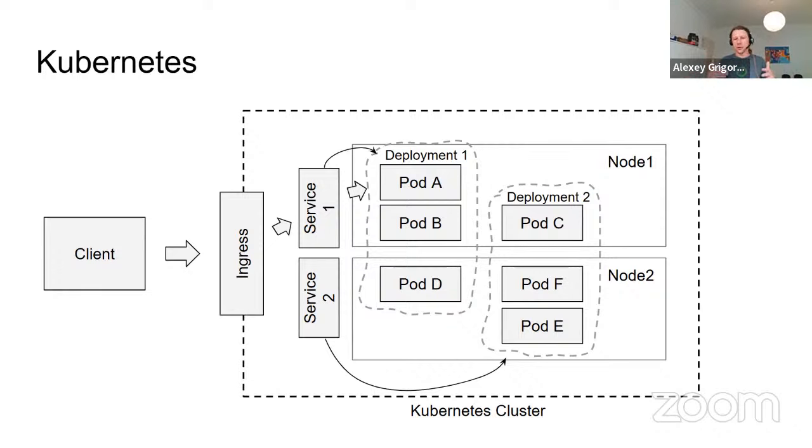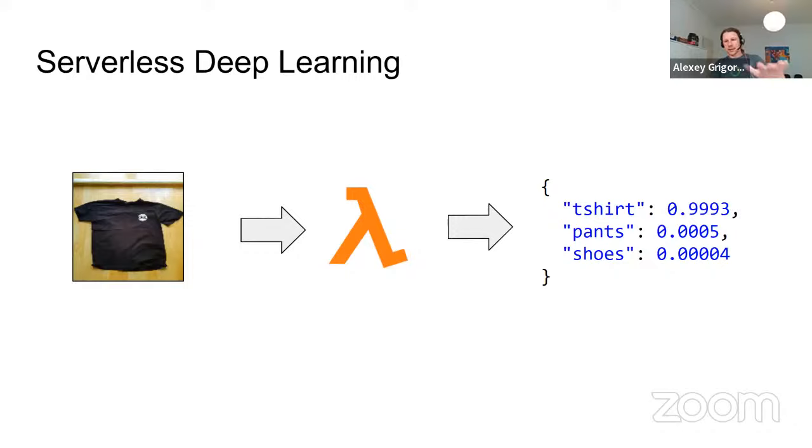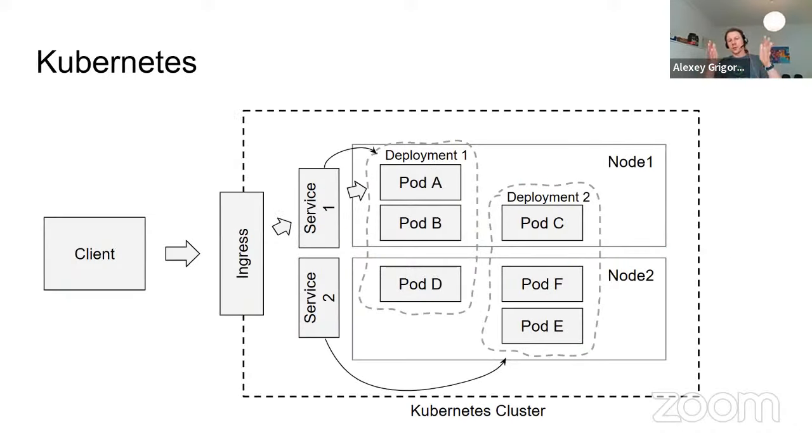So here we will talk about some internals of Kubernetes, like how it works, what is deployment, what is pod, and so on. And then we will see how to actually deploy something similar. So we'll again use the same neural network, but we will deploy it to Kubernetes. We will use TensorFlow Serving. We will use Keras. We will use Flask, and we'll use Kubernetes to deploy all that to Kubernetes, right? And also optionally, you can get a Kubernetes cluster from AWS and deploy it there too.